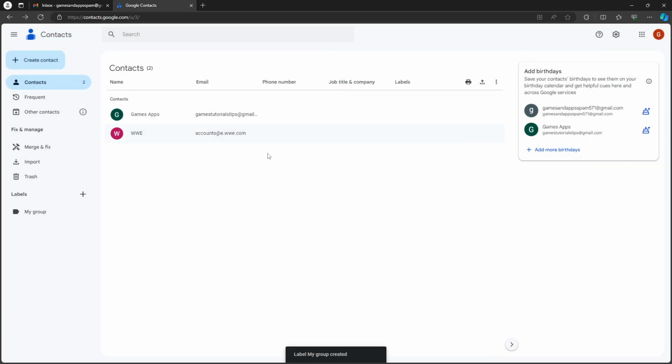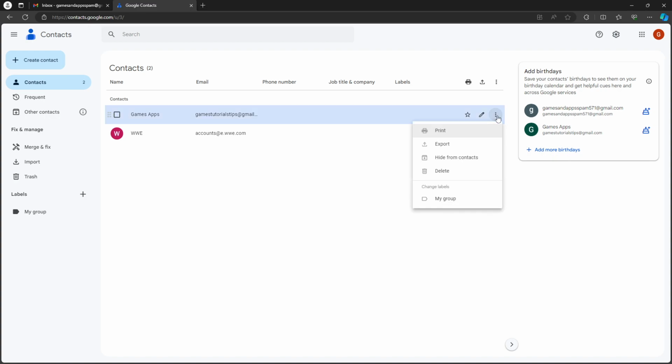Now we need to add to my group email addresses that I want to use for this group. So in other words, this is now we are creating the mailing list. So on the right side of the contact that we hover, we want to click on more actions, and then